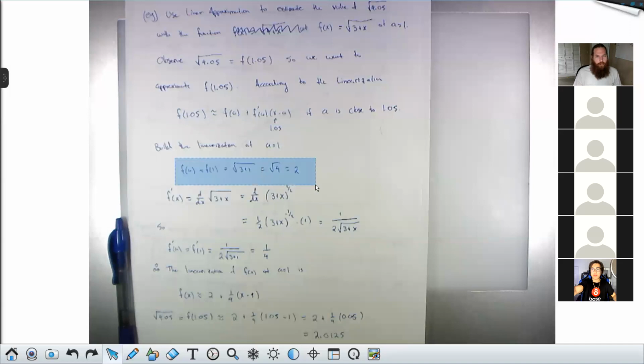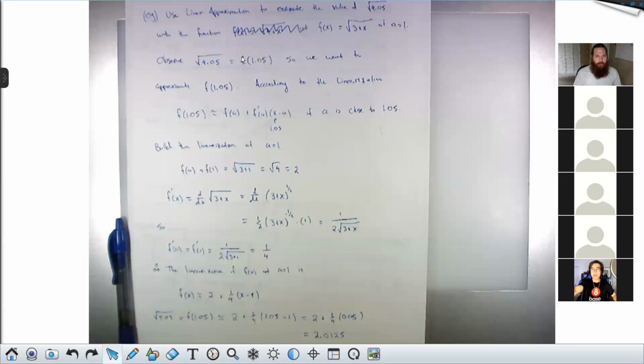To do that, I come up with my point and my slope, because it's a tangent line, that's all it is. And then I write down the formula. f of x is equal to f of a plus f prime of a times x minus a. a is 1, so f of a is 2. f prime of a is 1/4. x minus a is x minus 1. And then I'm guaranteed that the linearization, this thing, is close to f of x.